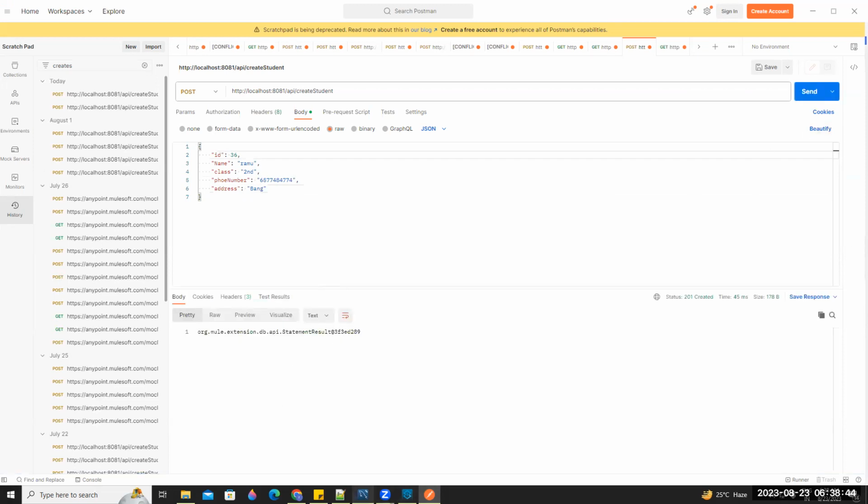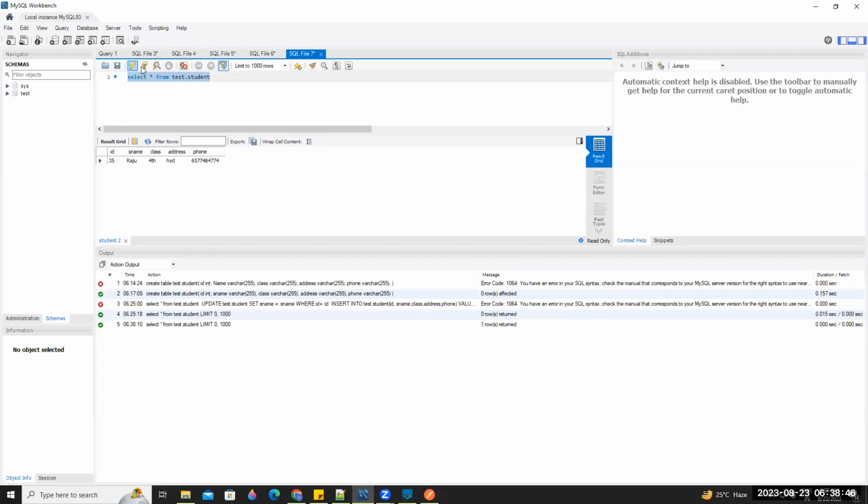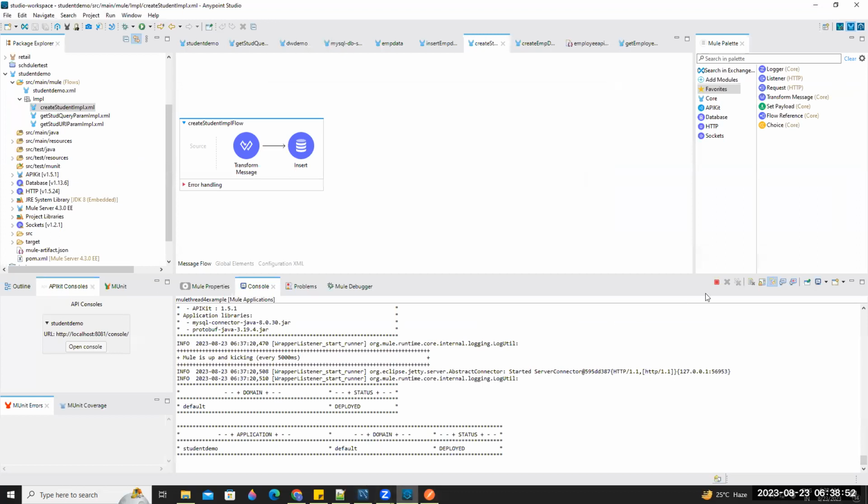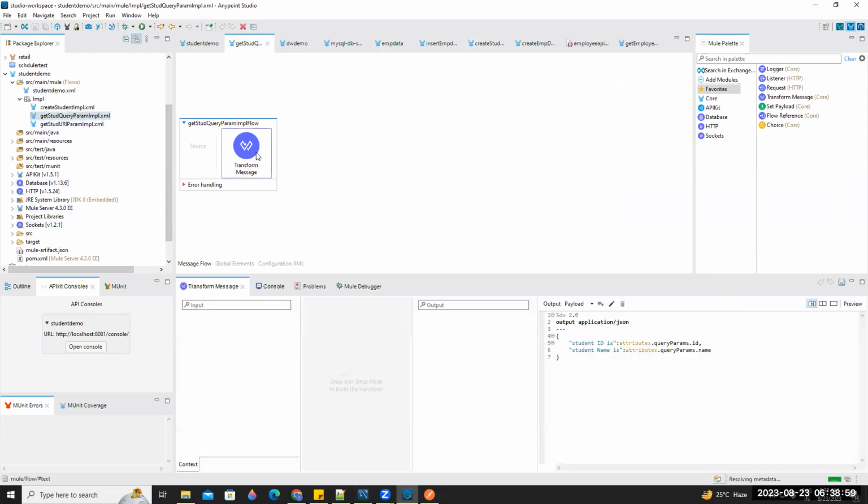Now another record insert. Data is inserted, right? Then in a similar way we have to do get student also. We have to write that get student. Okay. Before that,